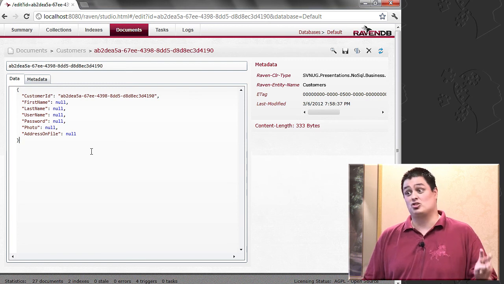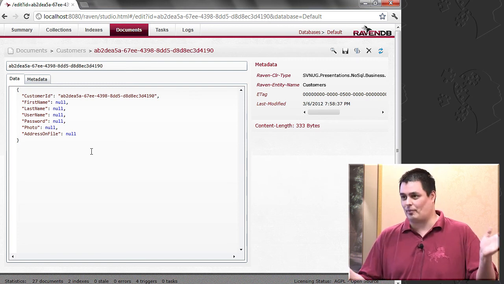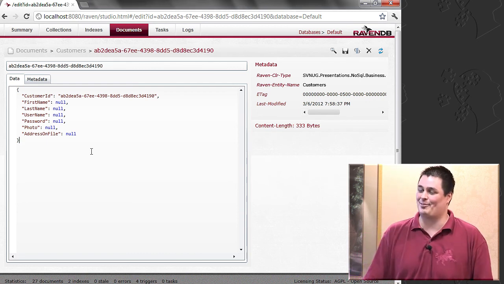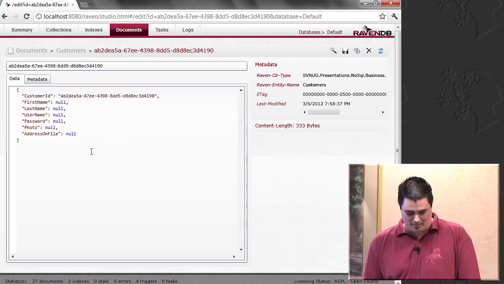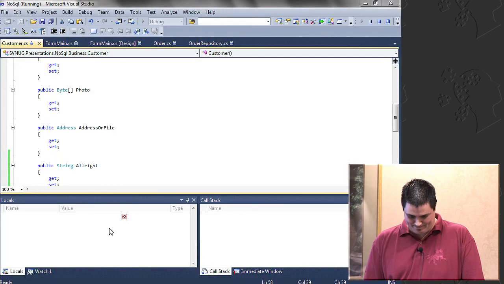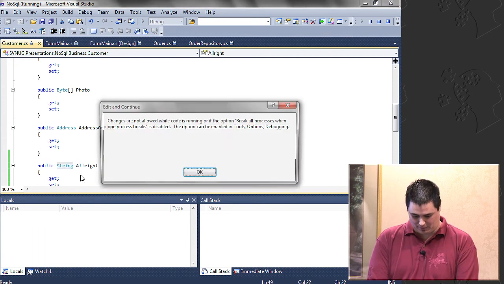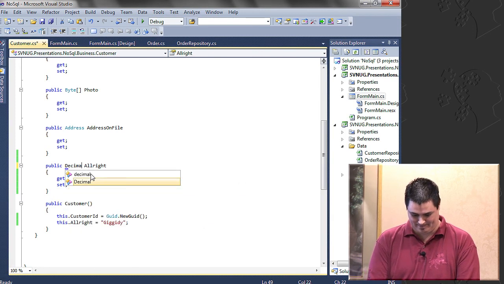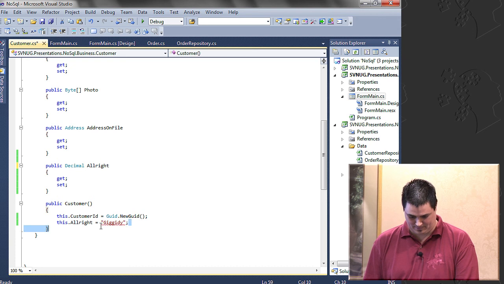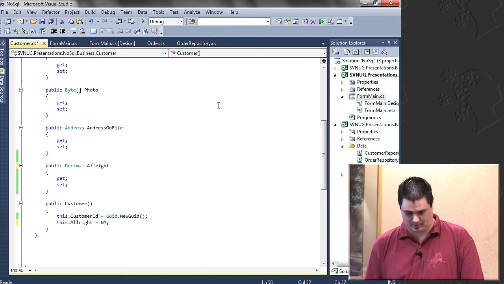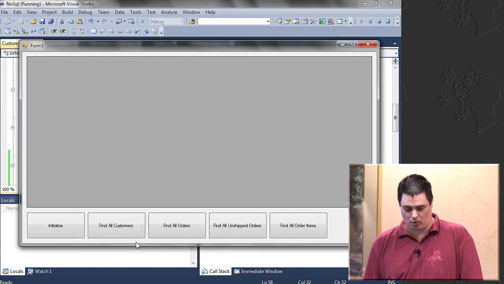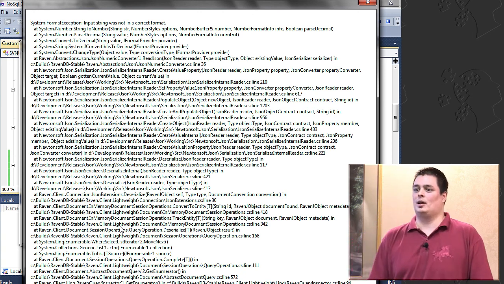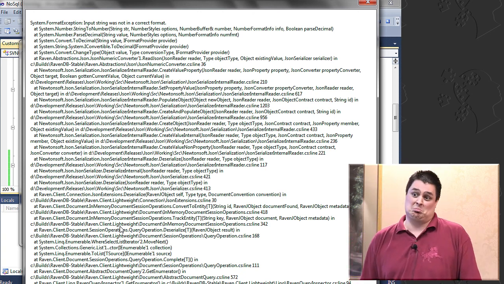Something that he didn't think of where it doesn't just work, by the way, and if Allende watches this, he'll have to forgive me, is if you change the data type, it doesn't just work. I found that out the hard way. Let's say if I wanted to make this a decimal, because we never make those mistakes, right? We never mess up the type when we're coding. This doesn't quite work. And now it blows up because JSON can't deal with the fact that I've kept the property the same, but I changed the type.